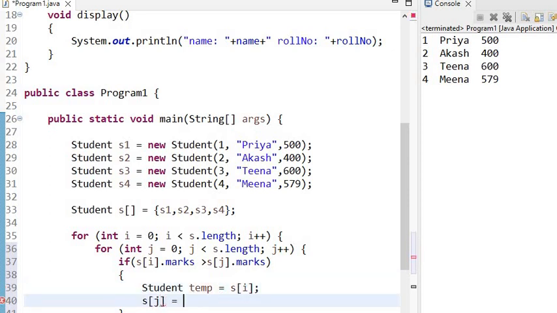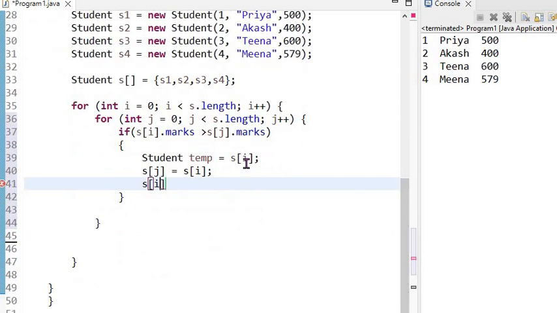Store the value of S of I in temp, then store the value of S of j in S of I, and in S of j store the value of temp. Complete objects have been arranged, and after that